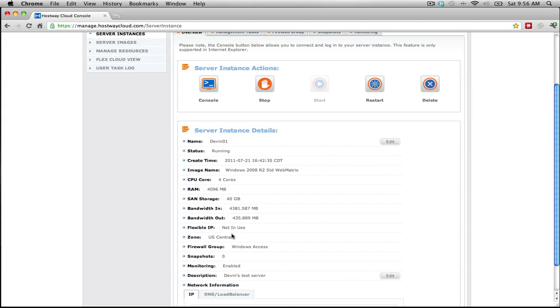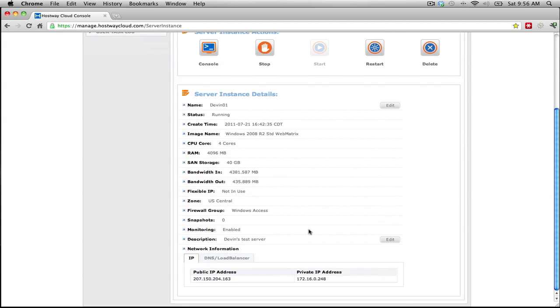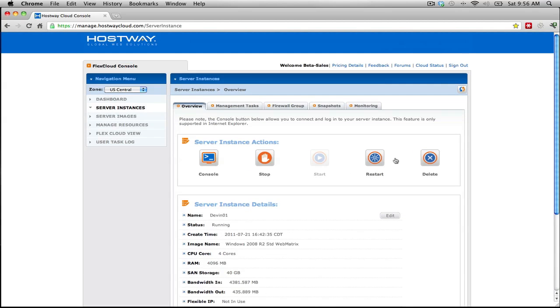You can also look at some of the other items here on that server, and you can get your IP down there. So within this server instance, I can stop and restart it if I choose. I can delete it altogether. Bear in mind that the FlexCloud server platform is a utility billing model, meaning that you pay only for what you actually use, like your electricity bill. So you can stop and start services at any time, and if you delete the instance, your billing goes away